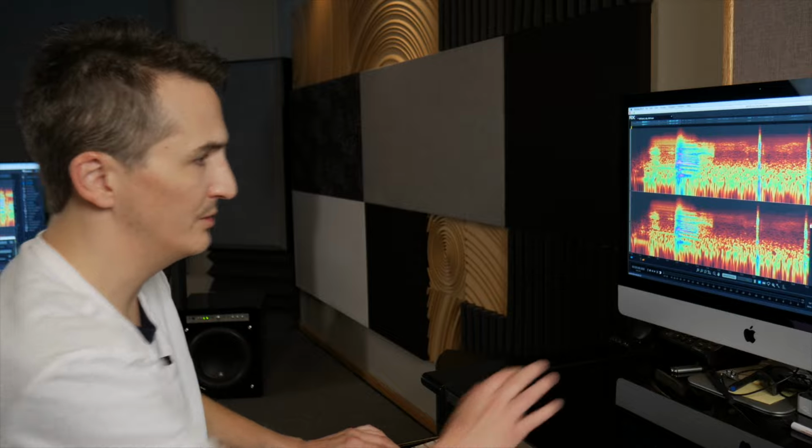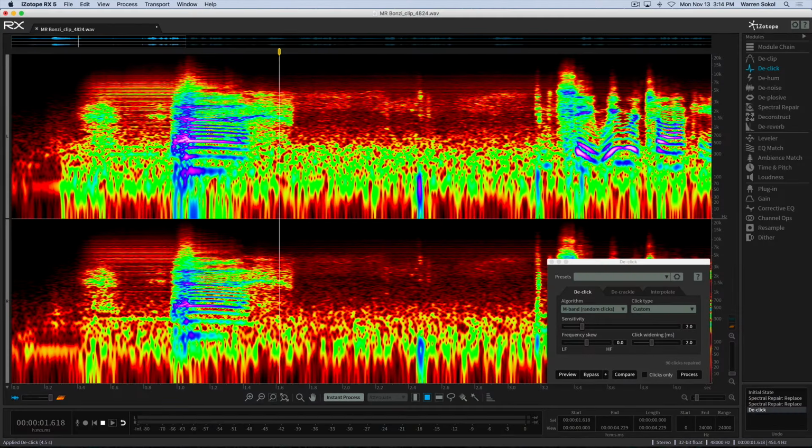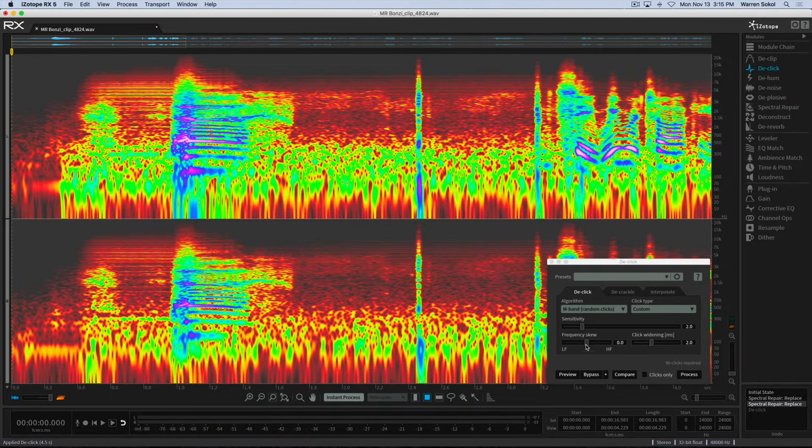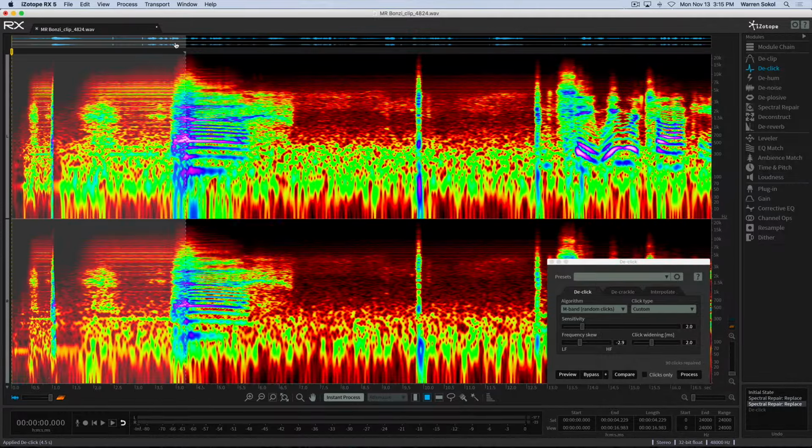Once again, if I redo that, we're still left with that little thump there, and you can hear it. Thump. Right? So I'm going to undo that, and I'm going to skew down the frequency just a little bit more. Once again, I'm going to process the whole song,